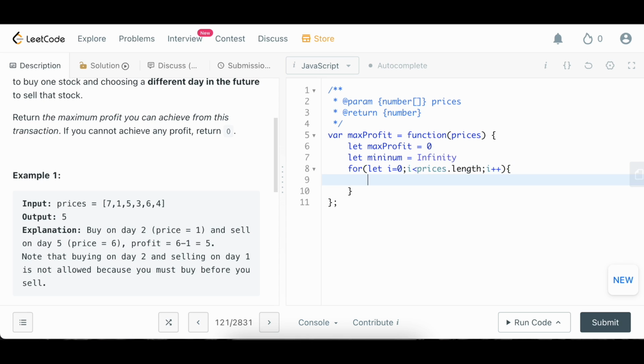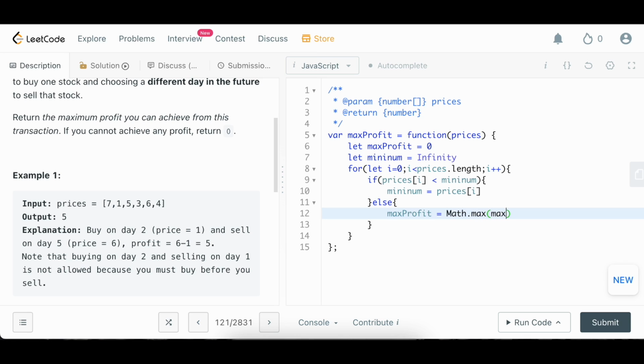First thing first, I need to check if whatever the value that I'm currently seeing, which is prices at i, is it less than my minimum value? If this is the case, I need to update my minimum value, and that would be equal to prices at i. And if that is not the case, I can actually sell my stock, right? So what would be the profit in that case? Max profit will be